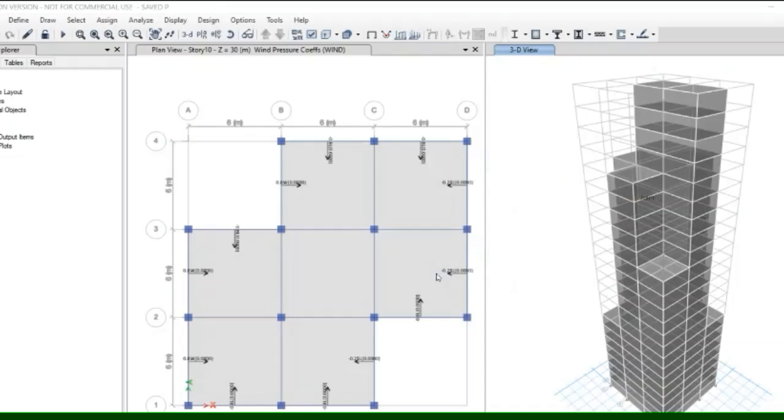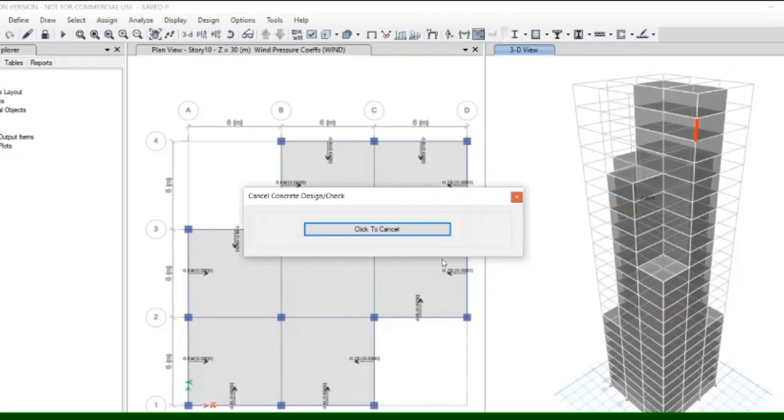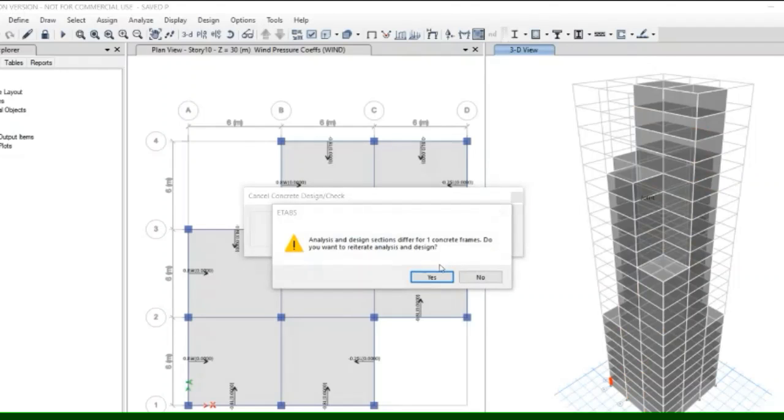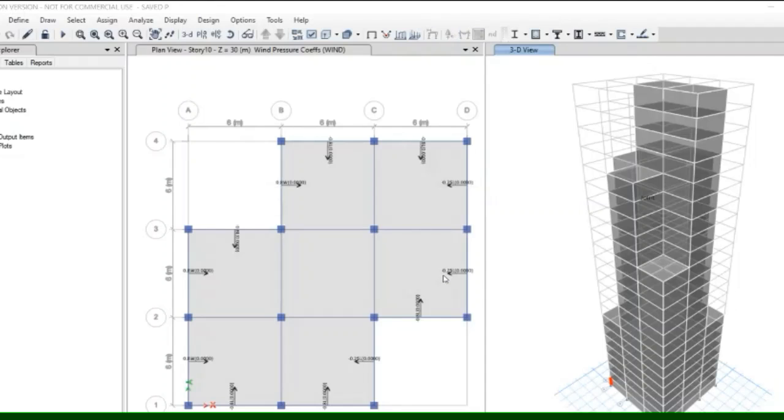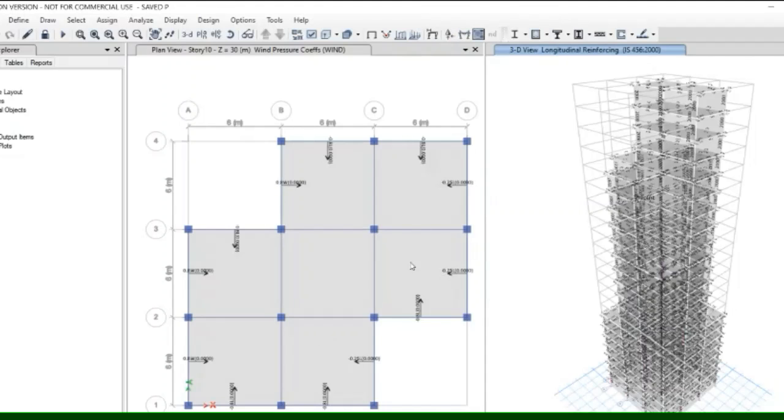Again one section is showing. Click on S and run analysis and design. It will automatically run. Again showing one, then click on OK. As you can see, design completed.